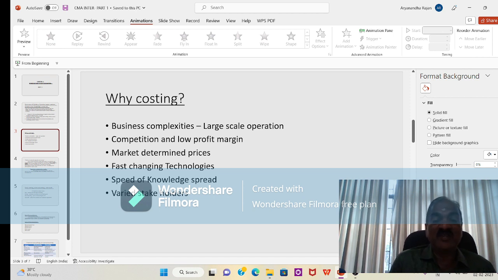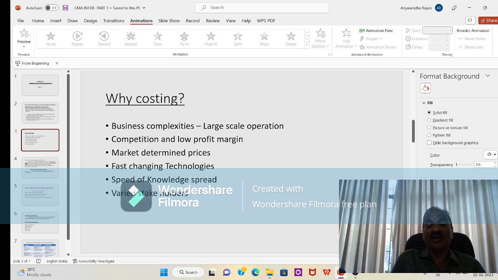Keltron was manufacturing television sets whose cost was around 50,000. Can they sell the TV in the market at 50,000 now? One or two units can be sold, not more than that. So whatever price is available in the market, slightly in between that price alone you can sell the product. Presently, cost plus profit pricing is not at all possible. The market is determining the price of any product.